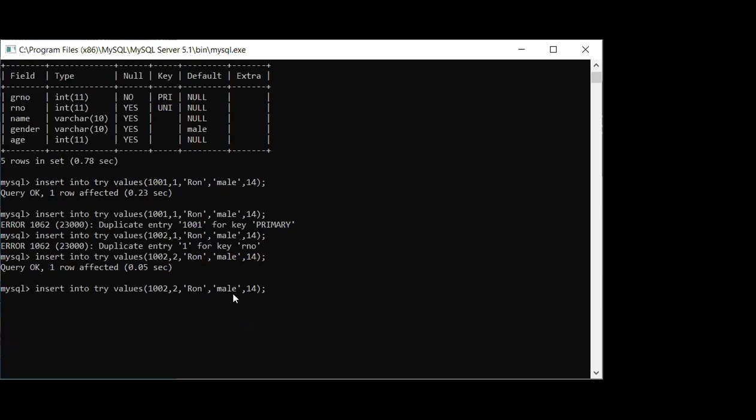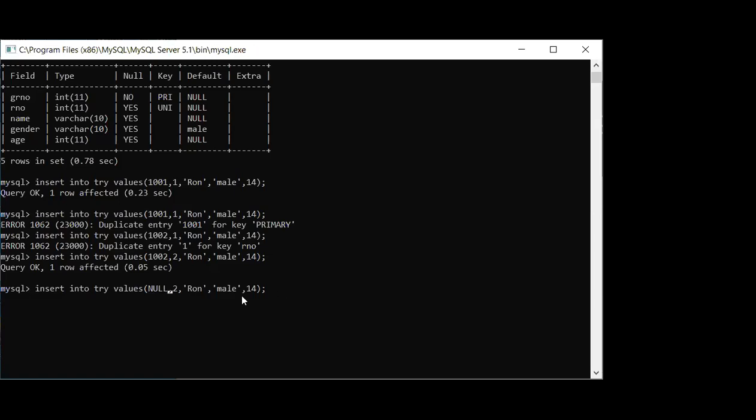Now the next thing is, suppose I'm taking the same thing. Instead of this, I wanted to store a null value. See, the meaning of null is empty. And just now we have discussed that primary key cannot be empty. Here it is given that null values are not allowed for GR number. Still, if you wanted to give it, first of all, remember, if you have to give anything as null, we write NULL in capital letters. This is how we are making it empty. So simply make this and enter.